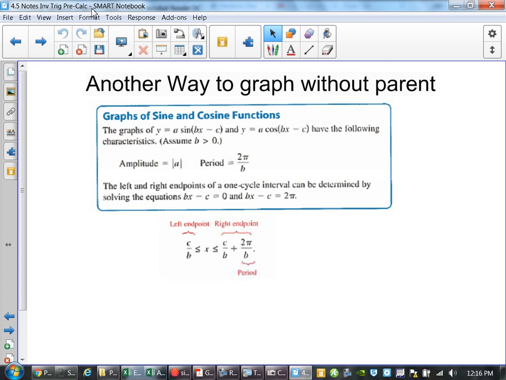Without having to worry about using a parent function. And the way we use it,